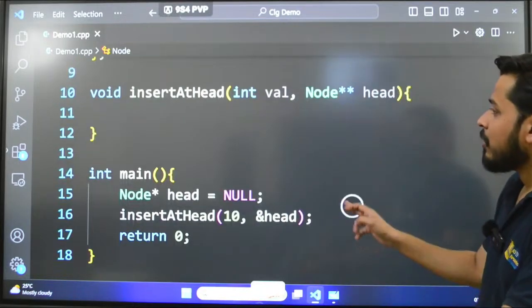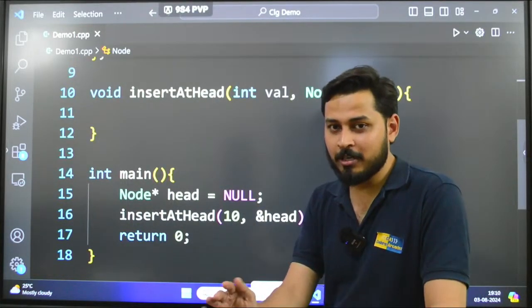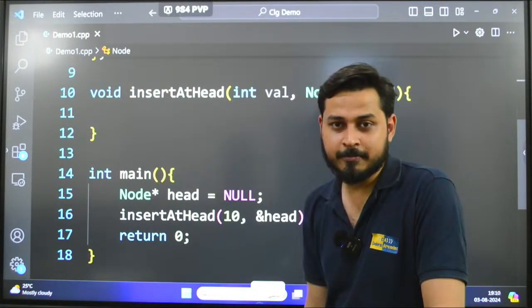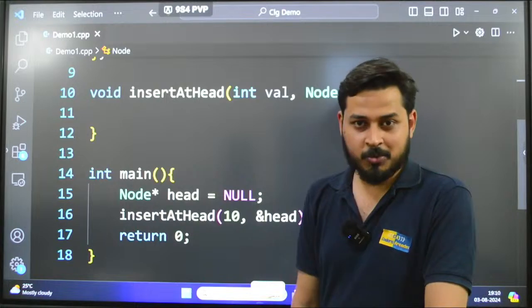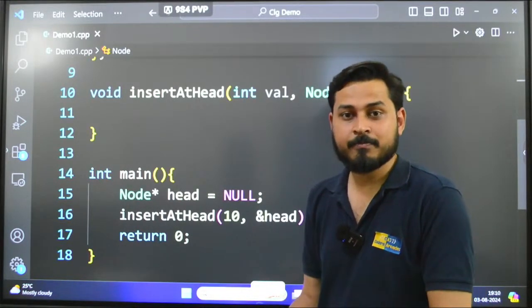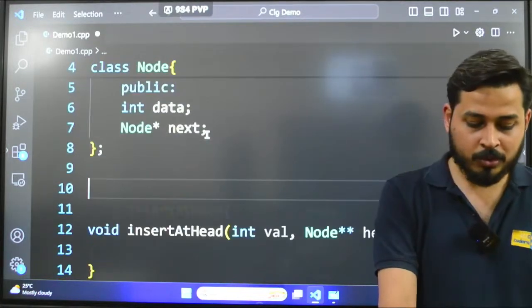Okay, so now double pointers, insert at head function, absolutely sorted, everything is understood till here. I have created the head pointer here. This is one way of doing the program. Another way, I told you another way, is to create a class